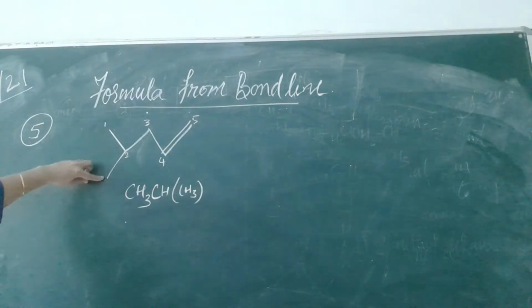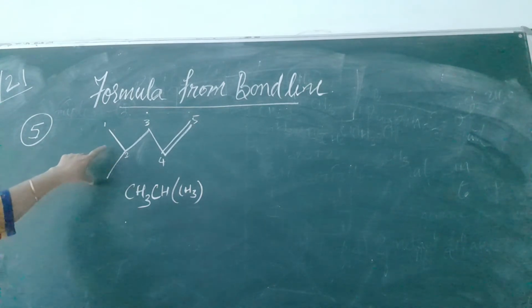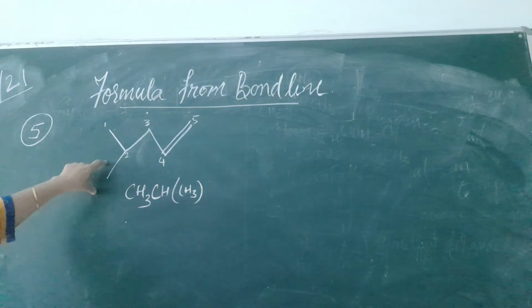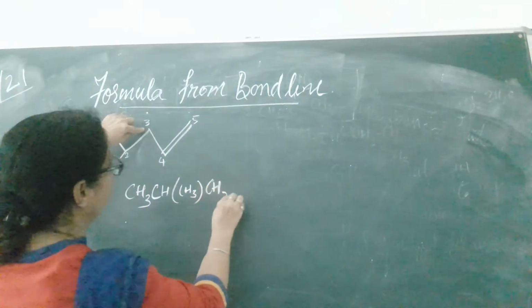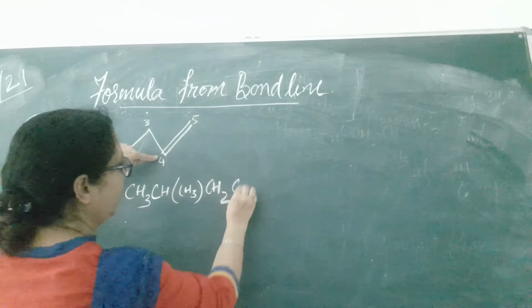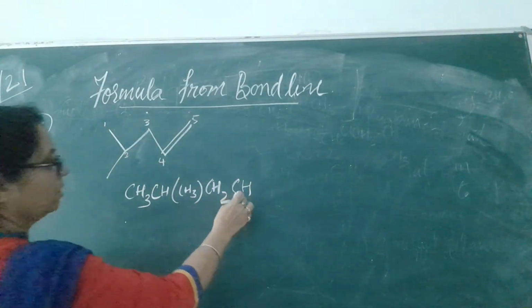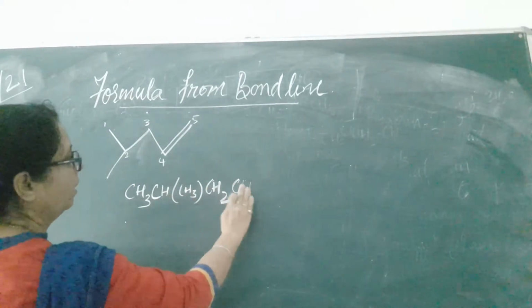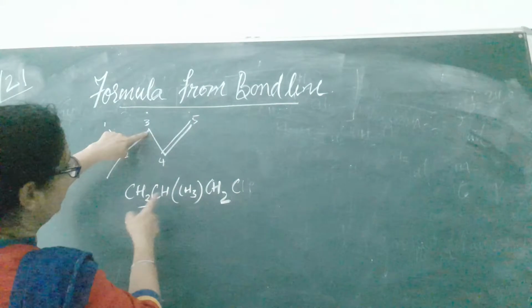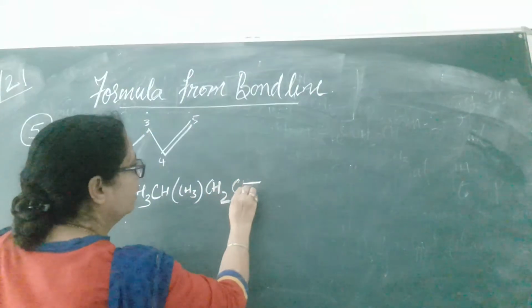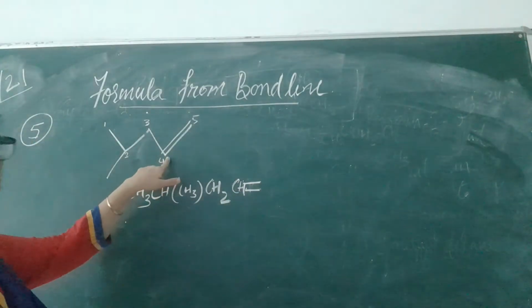So this bond coming here separately seems to be the substituent group. So a CH3 group is there. To this again 1 more CH2 is attached here. This is further attached to another C, and you can see it has 3 bonds, so you will find it out in any way. How to write down this structure? This carbon is attached to a CH2 group here and has a double bond here. So 1 hydrogen must be there, isn't it?